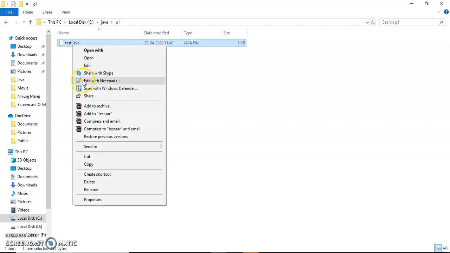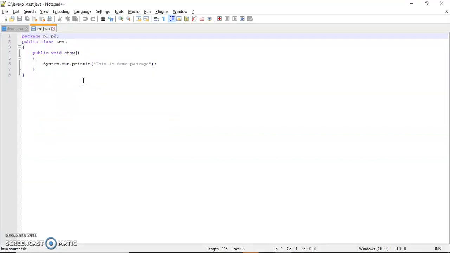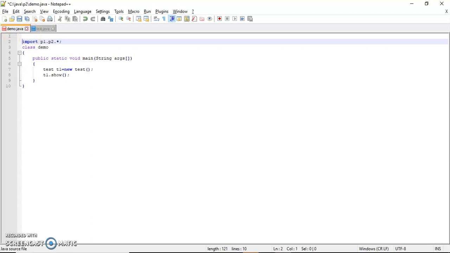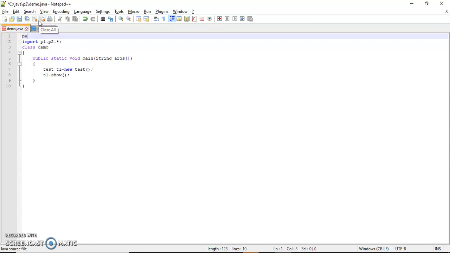Now I have two different packages. This is the test file, located in p1, so I mention package p1. Save. This one is located in p2, so I have to mention package p2. So both are mentioned as packages.